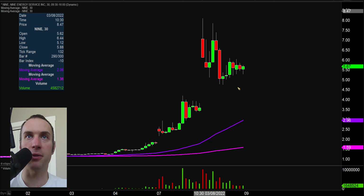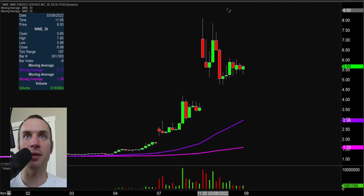But what's interesting about this is, the little pullback here is now forming in itself a nice little wedge pattern right there. So it's really just a question of, is this wedge pattern going to break out to the upside? And if so, is that going to be enough momentum and volume to potentially send it back up to these highs up around the $8 mark? But that's why, in my mind, the very intriguing level to watch moving forward is going to be right there at